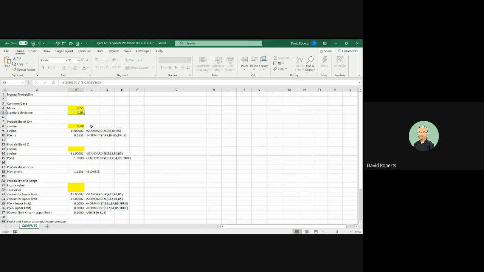I will do D. In part D, we do the same things, except we change the sample size to 400 from 100. So it changes the standard deviation. Go 0.501 here. We wind up with 2.5% or 0.025 in the answer here in B10. And the second part, we go 60%,